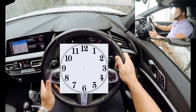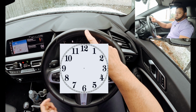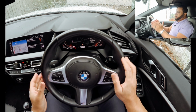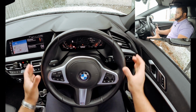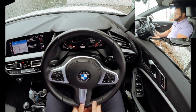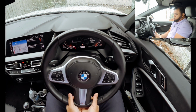Okay, so imagine this is a clock. If this was a clock, this would be 12 o'clock, this would be 6 o'clock, right? 12 and 6. Left hand could only go to 12 and 6, right hand 12 and 6. So this is your territory for each hand. That's how much. So if you know this technique, remember 12 o'clock is the maximum, 6 o'clock is the maximum